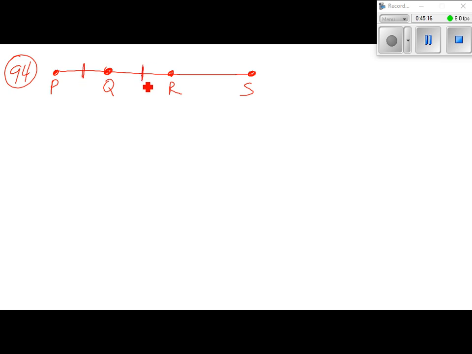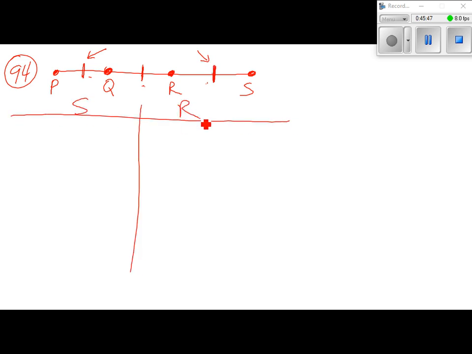And they tell us that R is the midpoint of QS. So that means these two segments have to be the same. I already have one mark on this one, so to mark this one, I just put one mark on it. And now that tells us that all three of these segments are the same. And what I'm trying to prove is that this segment, PQ, is congruent to segment RS, which I sort of just did. And we did that by substitution, so we should be able to go through and do this two-column